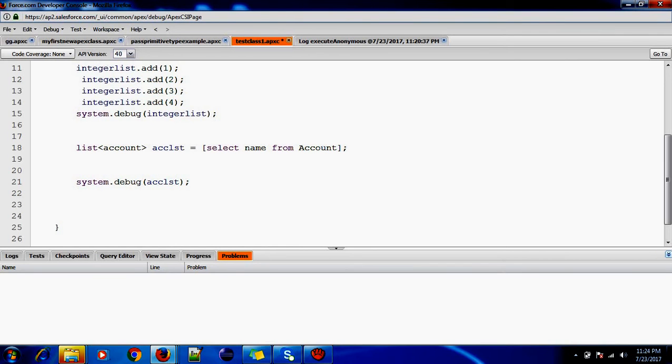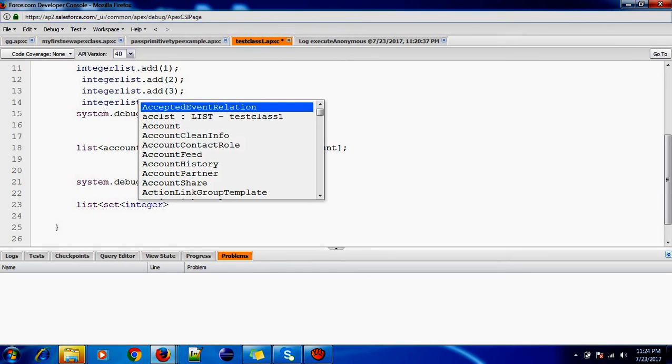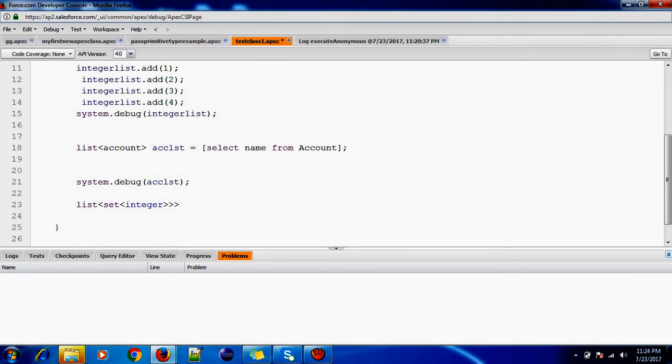So list of set of integer. List of set of integer.